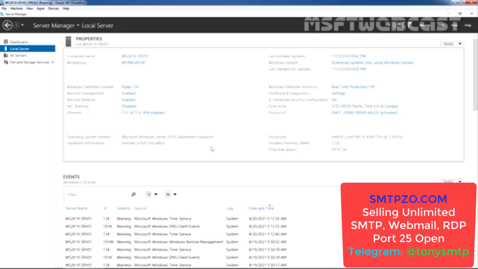For this demo, we are using the test lab created in VirtualBox. This is a Windows Server 2019 virtual machine with the name WS2K19-SRV01, and the IP address assigned to this server is 172.18.72.6. First, I'm going to open command prompt, and for that I'm going to press the Windows R key combination, type